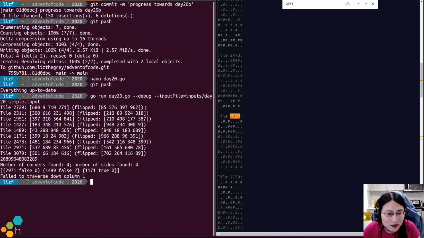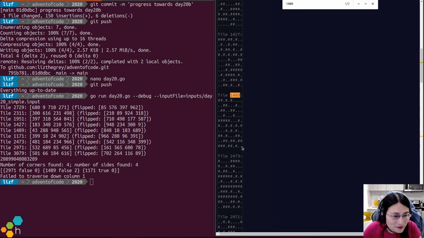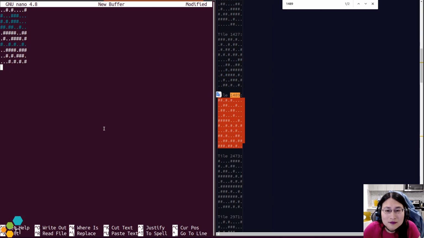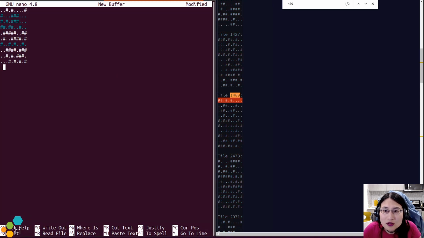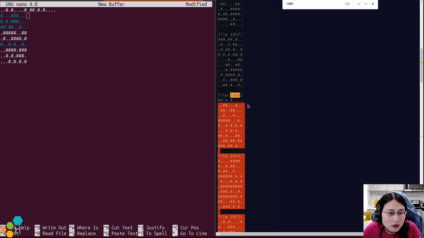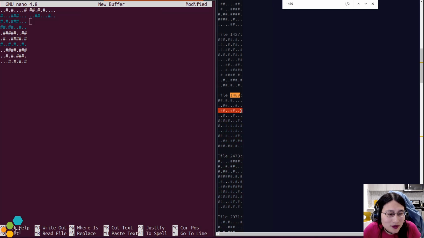And then have to get 1489, which I believe winds up looking like this, in order to make the puzzle pieces line up correctly.